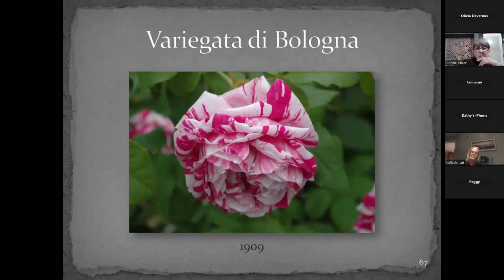Variegata di Bologna. This one always practically stops traffic during my open garden because each of the flowers looks like this, and the stripe pattern on each of them is completely different. It's a freak in the bourbon world because it exclusively blooms in the spring. It is a sport of an unknown rose, and if you grow it long enough, chances are you'll end up